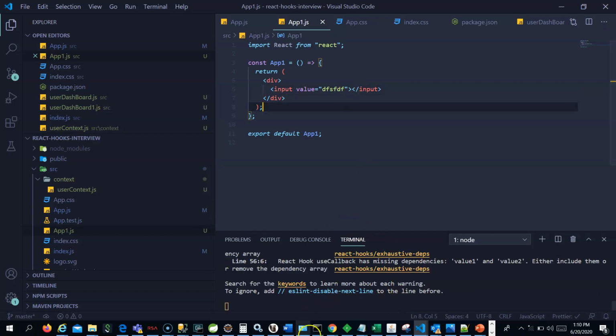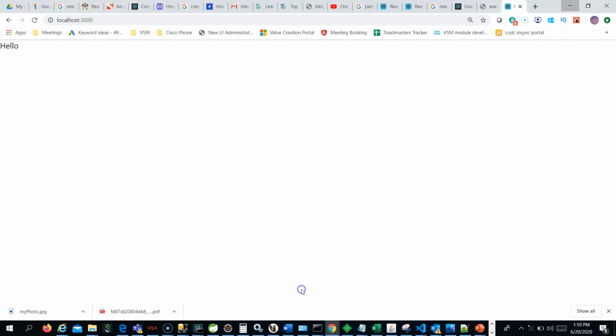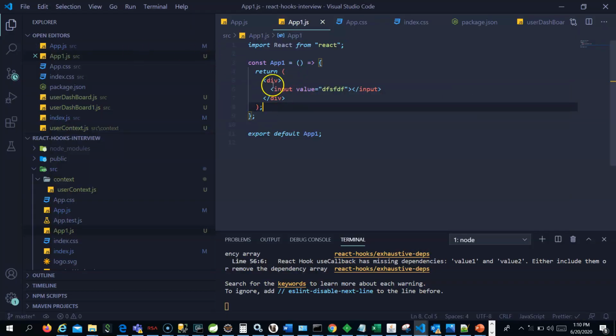Now if you go to the screen, you will see this input. If I am correct, you are seeing this input, and you are not able to update anything. Even if I try to update the value, I am not able to change it. I am trying to type, but it is not typed, because this input is not getting refreshed to show the new data.